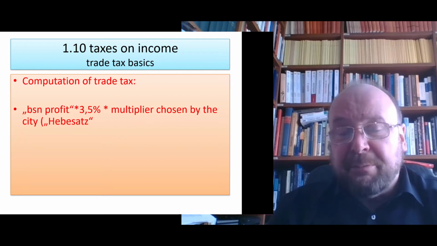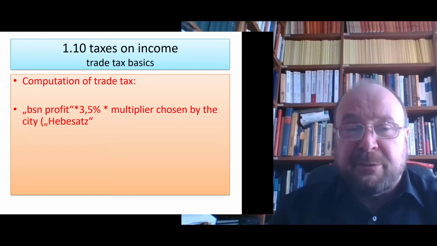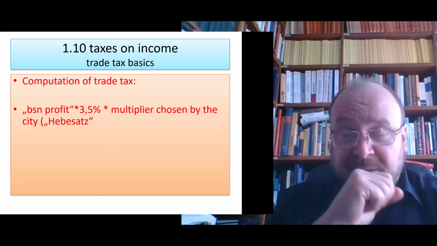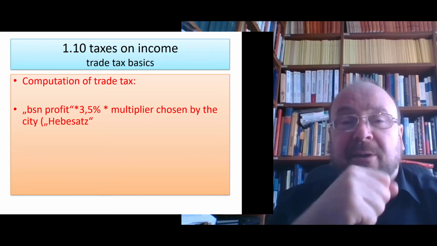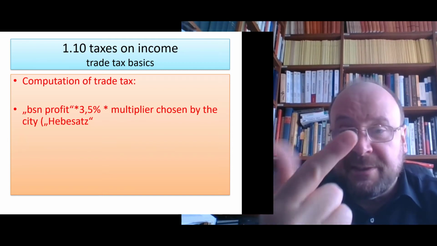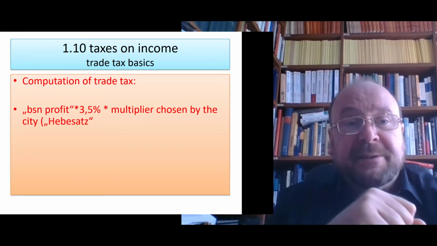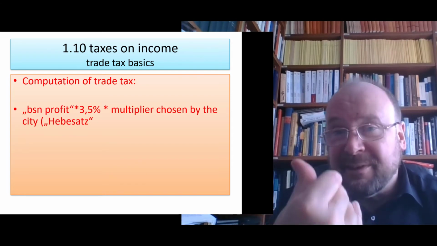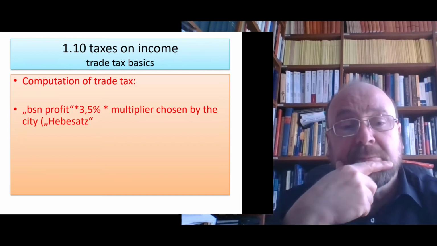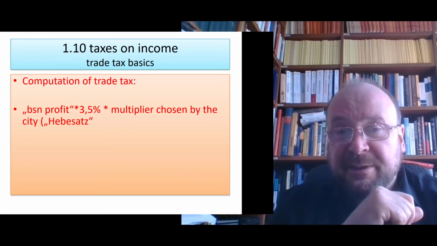This 3.5% multiplication issue goes back to former times when the trade tax consisted of 3 individual parts. It contained a tax on the business profit, on the business wages paid to the employees. Remember, everything generated by the business was originally meant to be taxed, so they also included the wages because they were generated by the business and then paid over to the workers, so there was also a wage trade tax, and capital invested in the business was taxed.